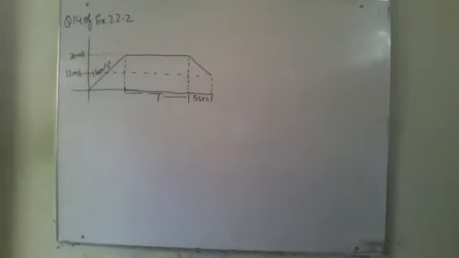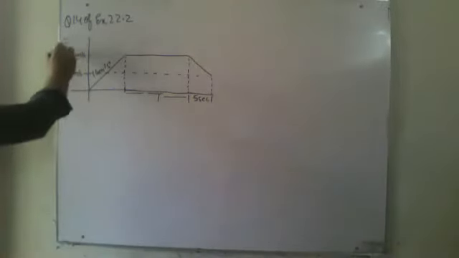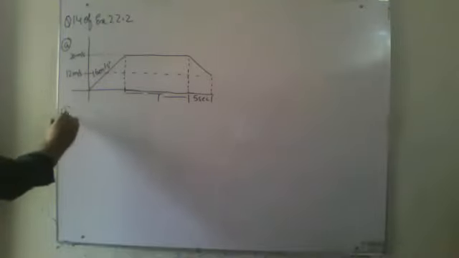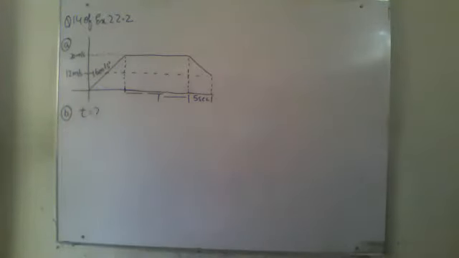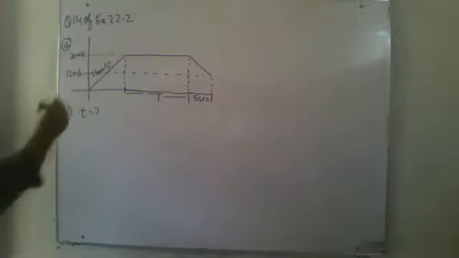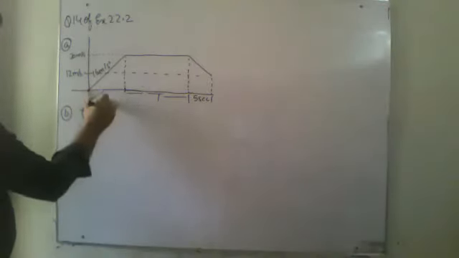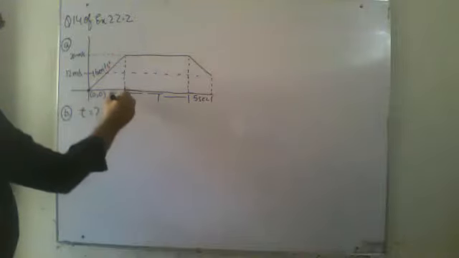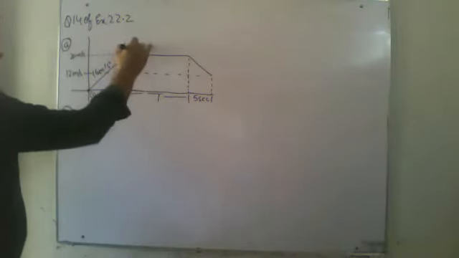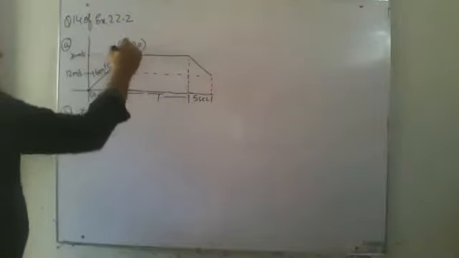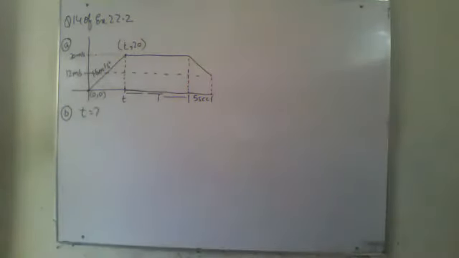Now, that's your A part. The B part is saying find the time of acceleration. I have to find the time of acceleration. I have got this point, 0, 0. I don't have this time, so I'm writing it as t. So this will be t, 20, and acceleration is given to me as 1.6 meter per second square.